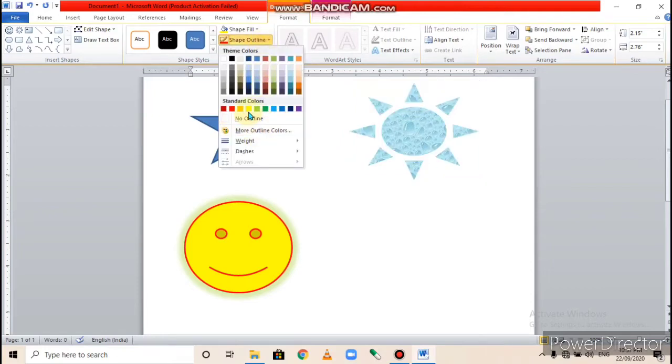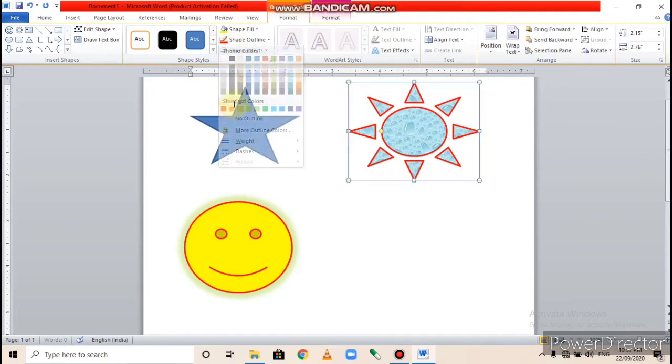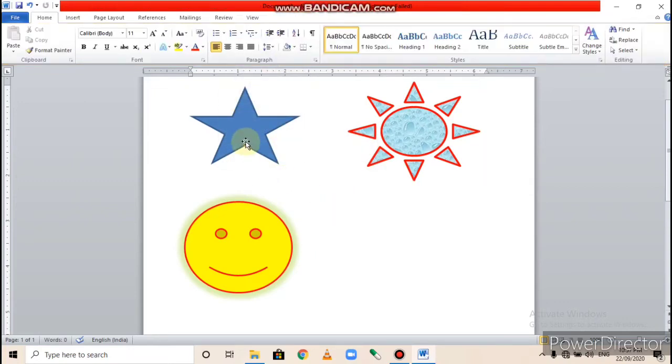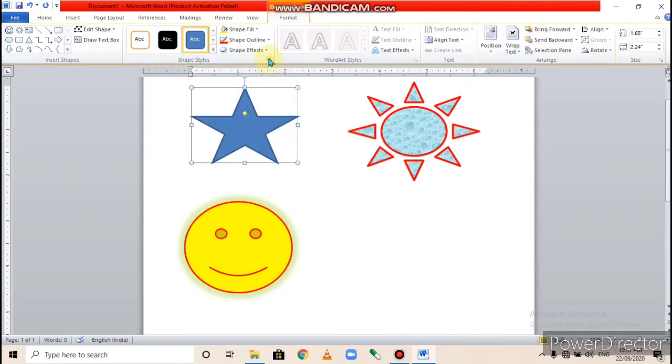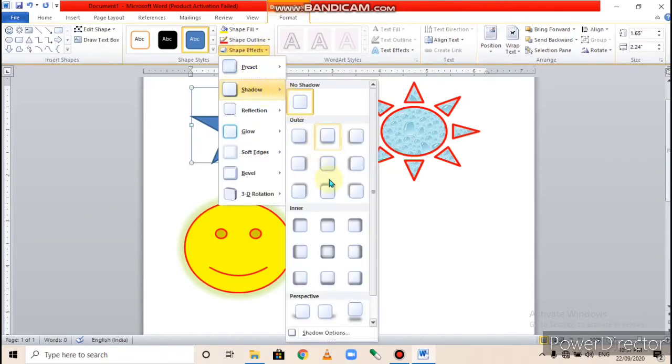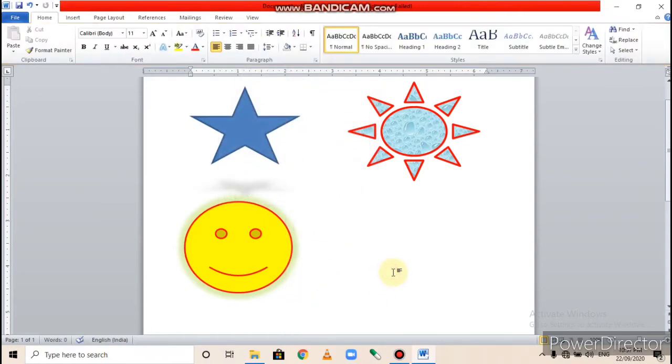Change the outline color. You can change the width of the outline. Shadow effect. So in this way we can insert the shape and format the shape.